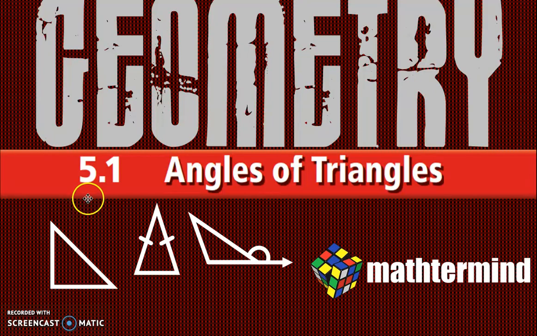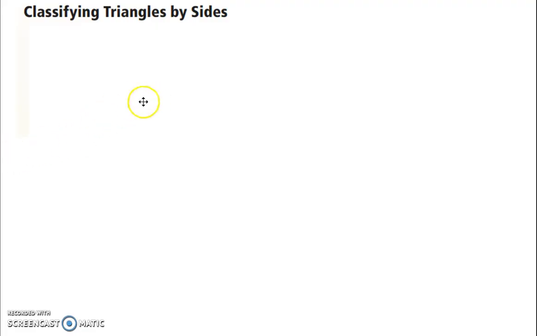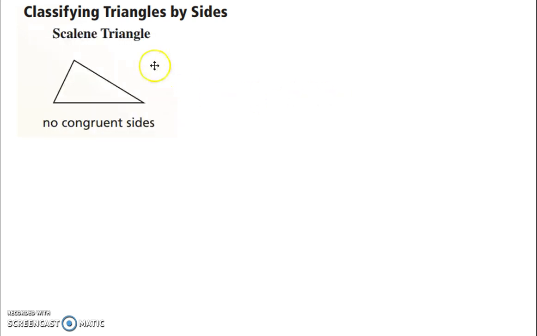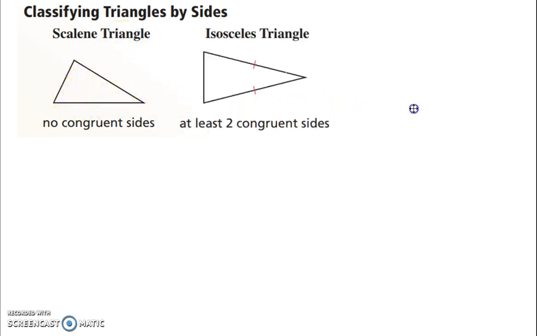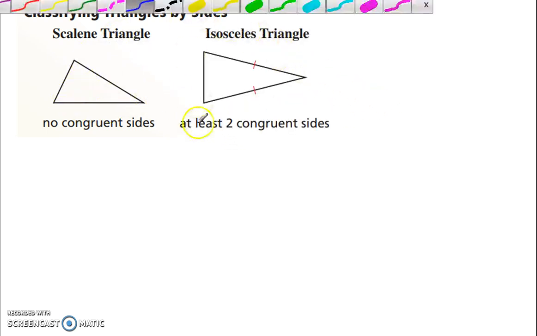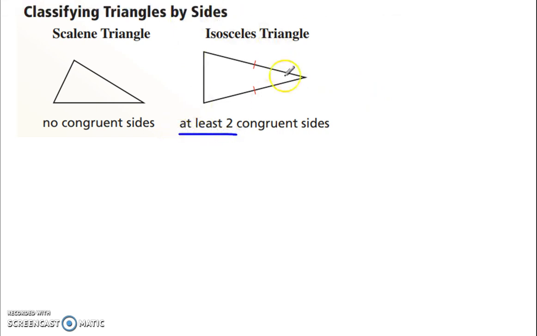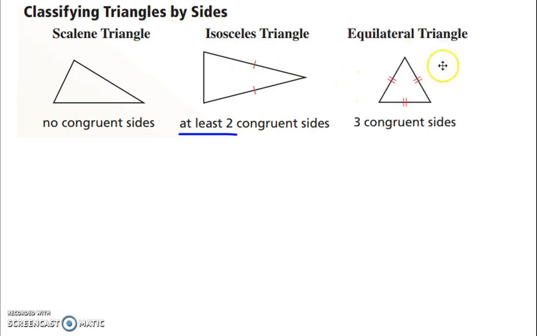We are in Chapter 5, Section 1, Angles of Triangles. Quick review here, classifying triangles by their sides. You can have what we call a scalene triangle, which has no congruent sides. An isosceles triangle, notice it says at least two congruent sides. And that's important because an equilateral triangle, which has three congruent sides, also has at least two congruent sides, so